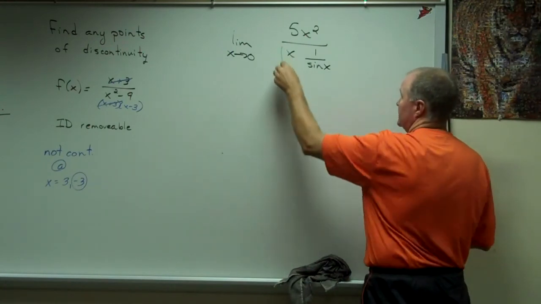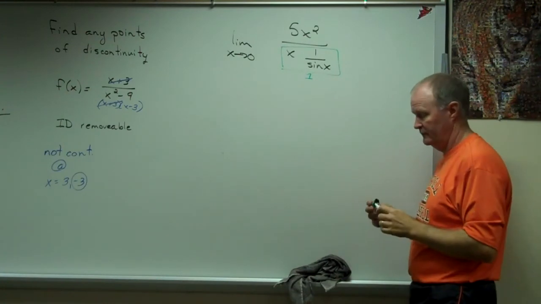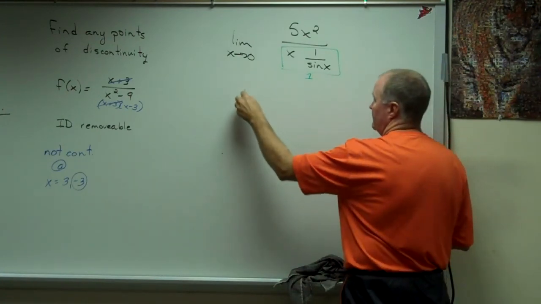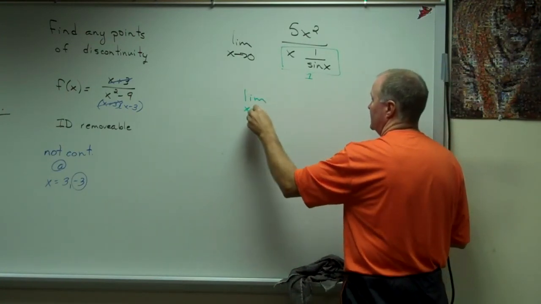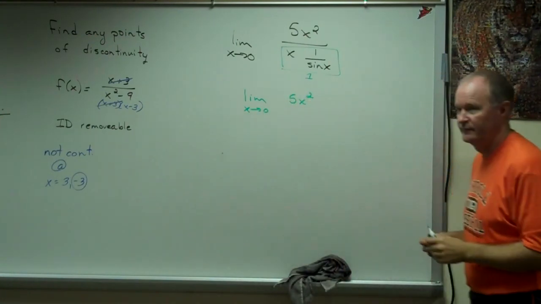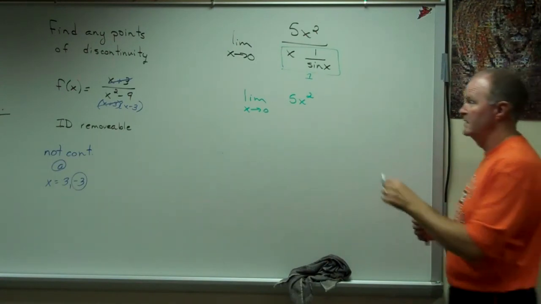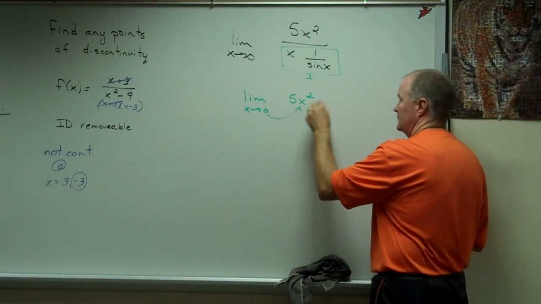So all of this goes to 1. And so all you really have is the limit as x approaches 0 of 5x squared. Is that doable? Well, it is. I just plug in and I get